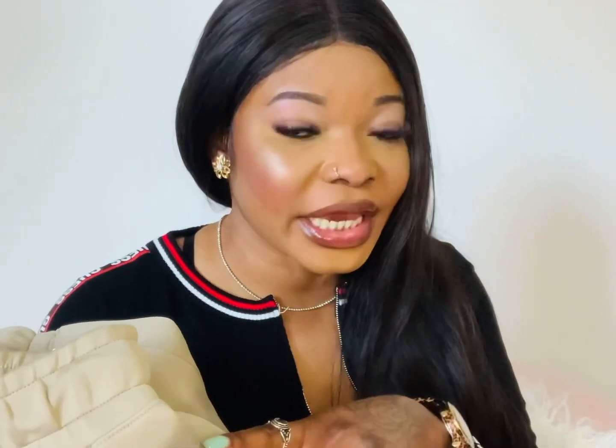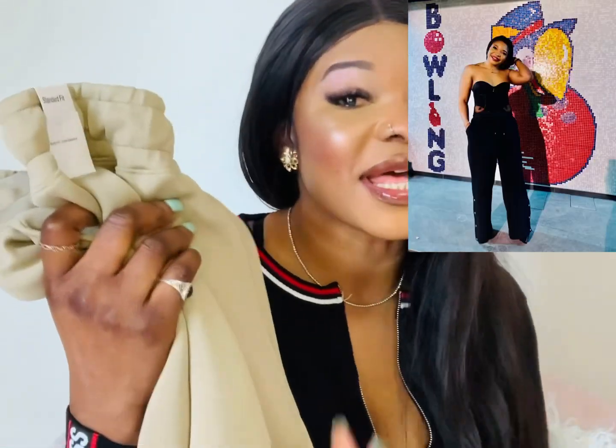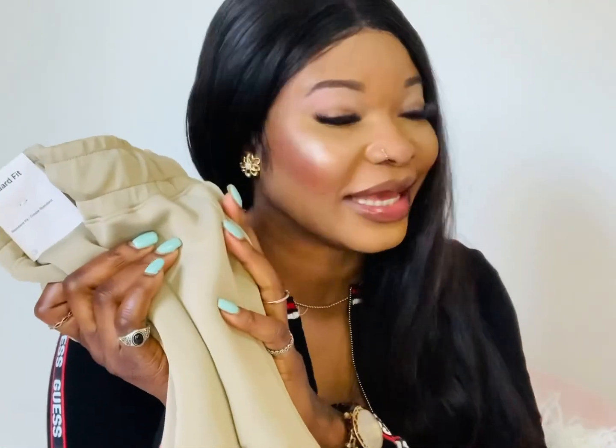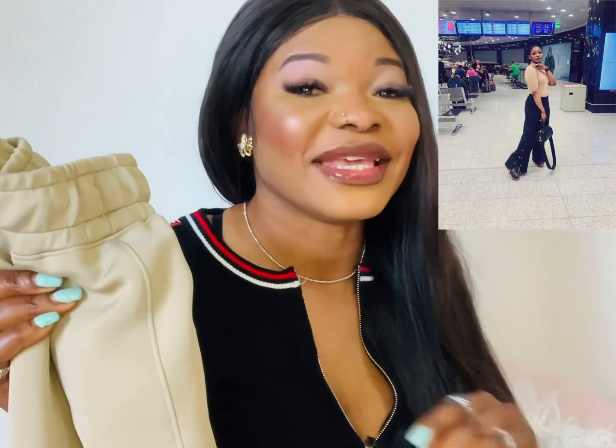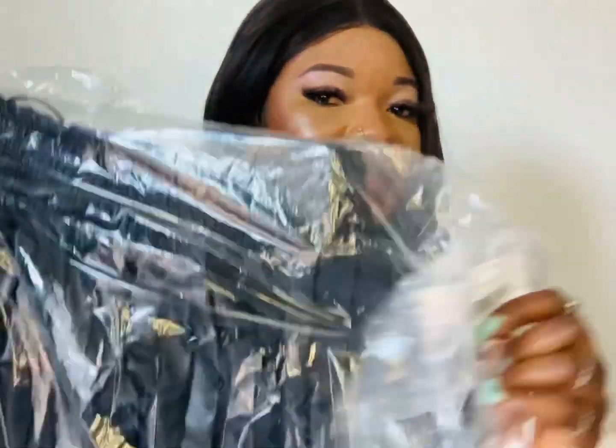I'll be leaving the pictures of the black one. I bought that one in Turkey. How I style the black one for you guys to understand that this pant trouser is lovely. You can rock this pant trouser with anything. I mean anything. The other one is